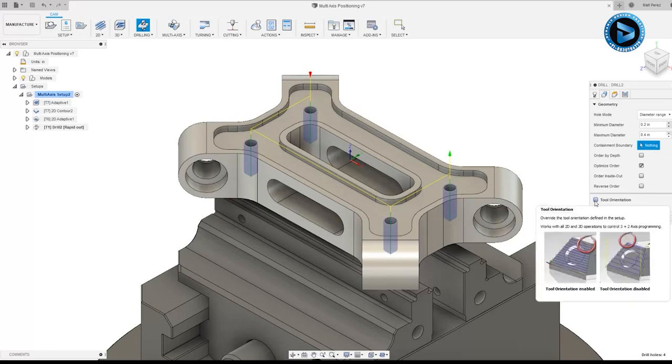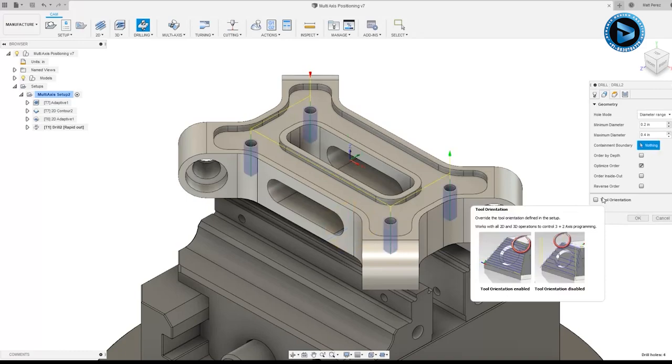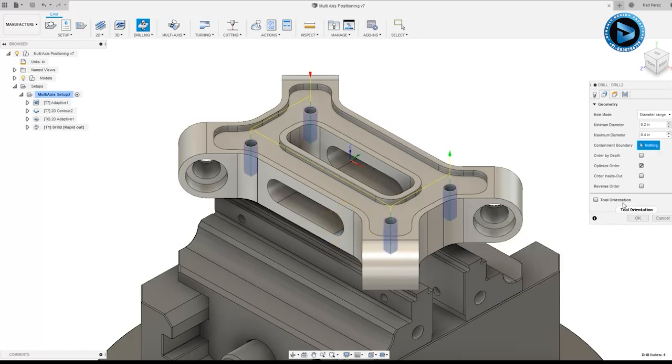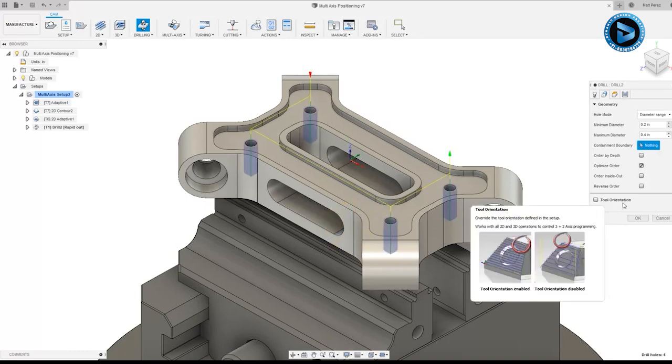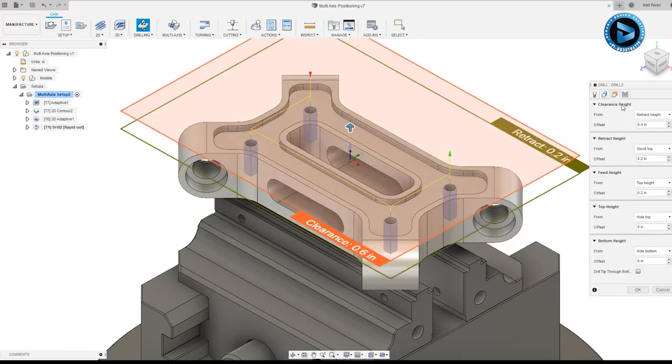Also note that we have a tool orientation dialog box. This allows us to change the orientation of the tool if we need to, say, come in from a different angle. Now for this operation, we're coming in from our traditional Z direction, so we don't have to worry about changing it just yet. For the heights, right now we need to make sure that we are actually just doing